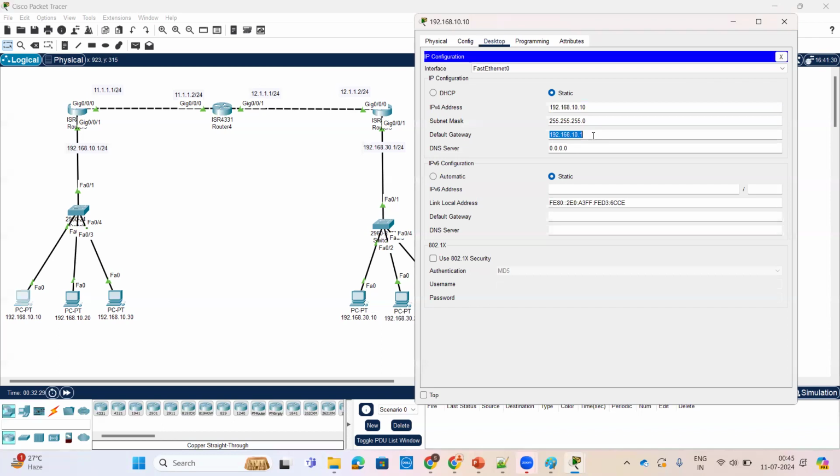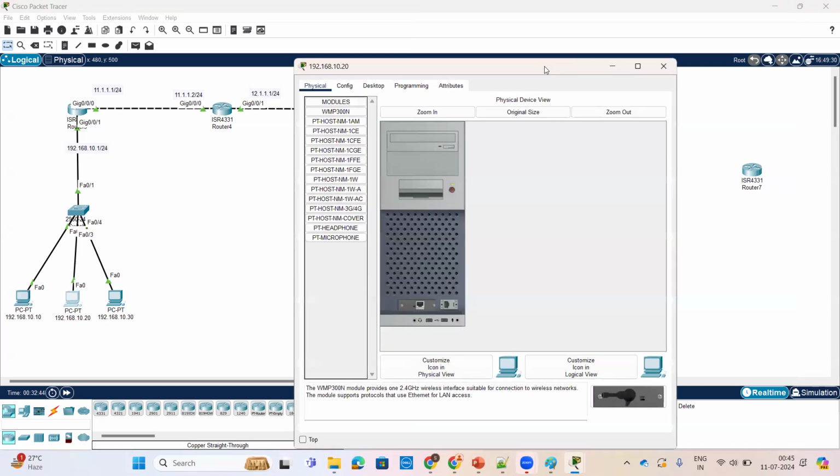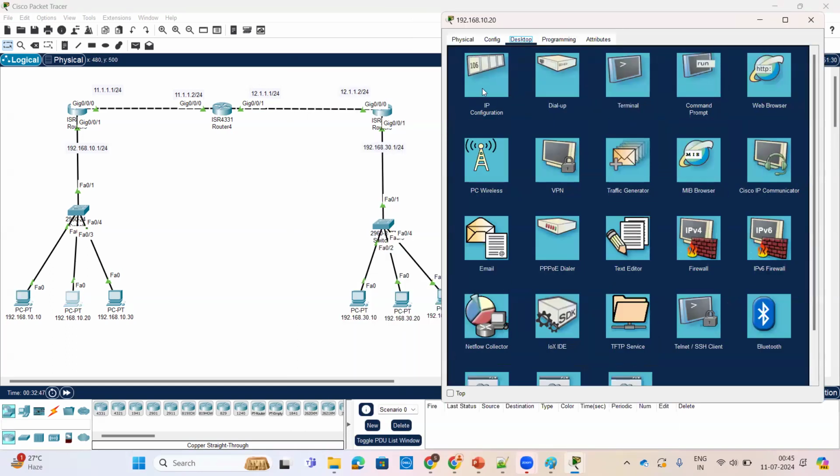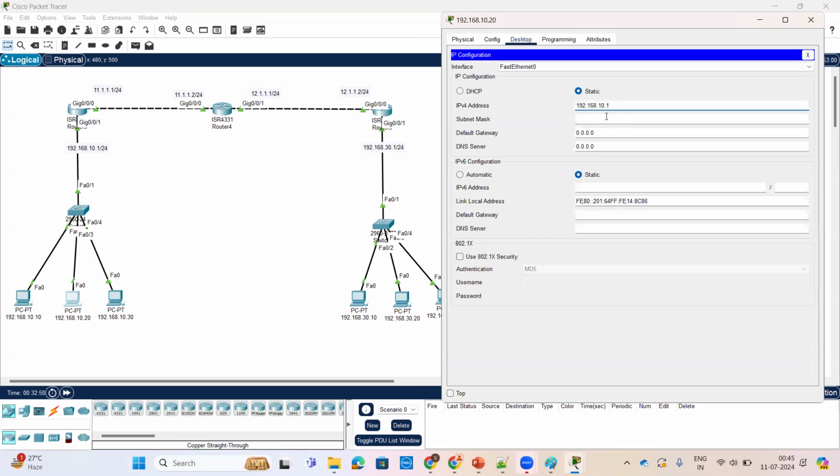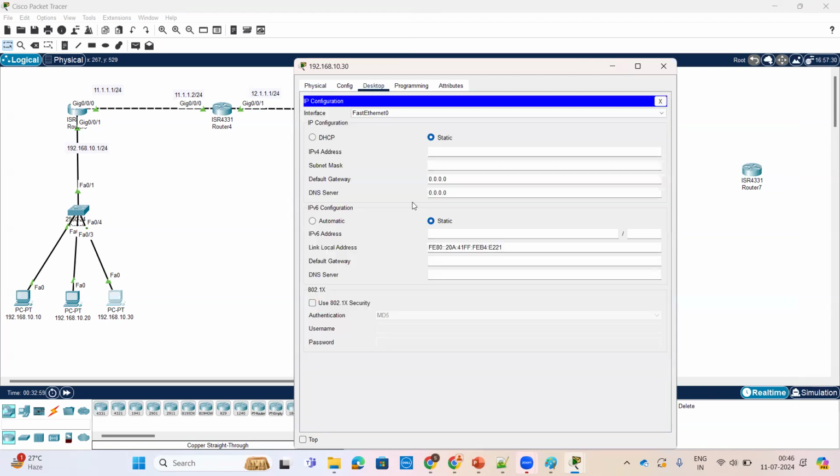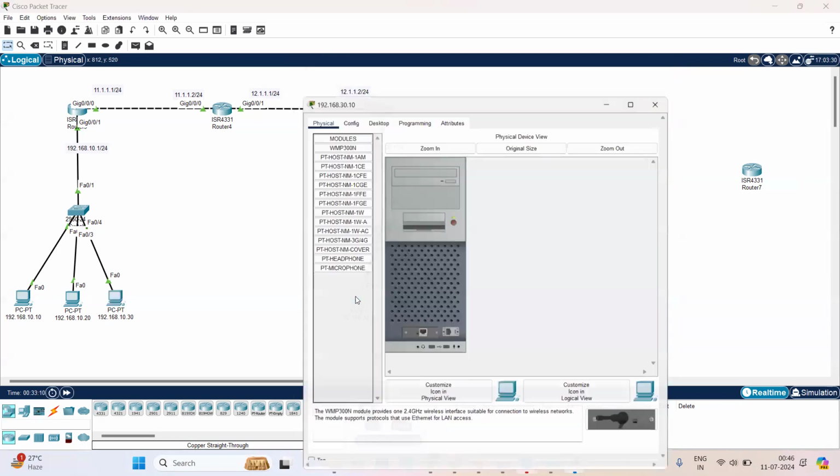10.1 is the gateway here. I hope everyone knows how to assign IP addresses to the end users, the hosts. And for this PC, 10.20, and for this PC, IP address is 10.30, and subnet mask, then default gateway is 192.168.10.1. And for this PC,